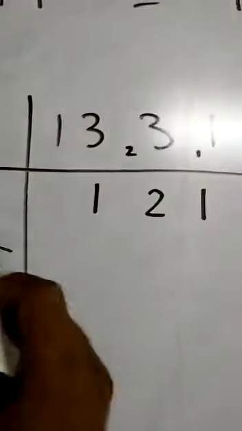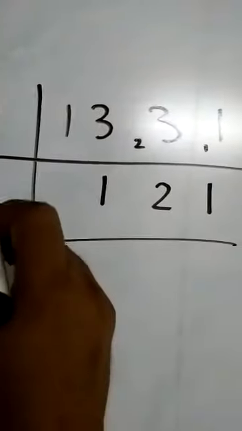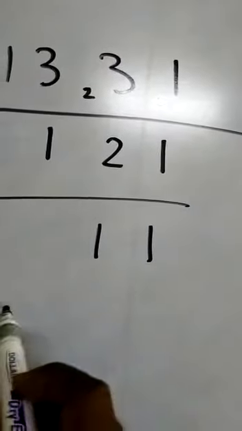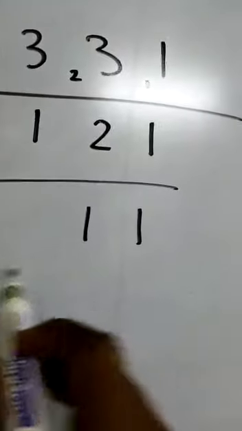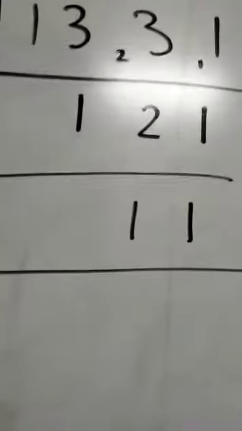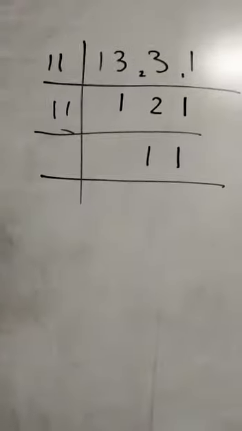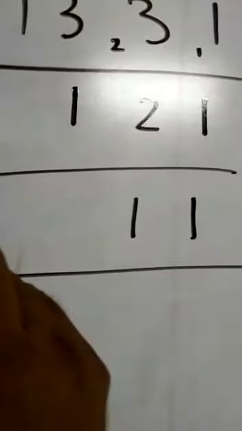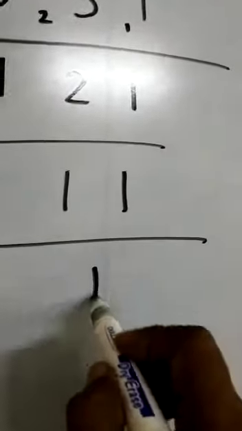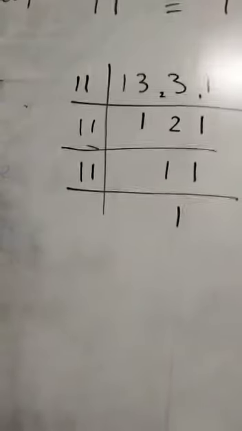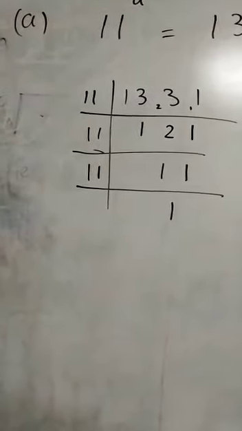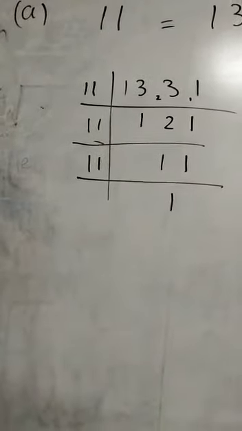In the next step, 11 ones are 11 and 11 11s are 121, so you get 11 as a prime factor. Now in the end, this 11 will be divided by 11 again, so the prime factors are 11 into 11